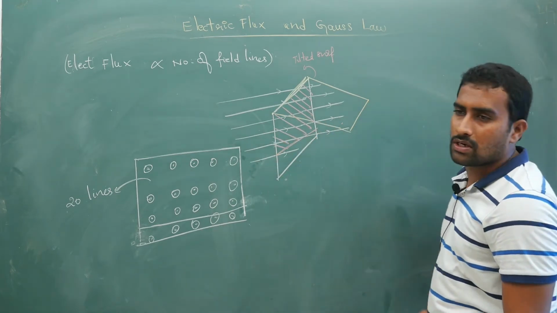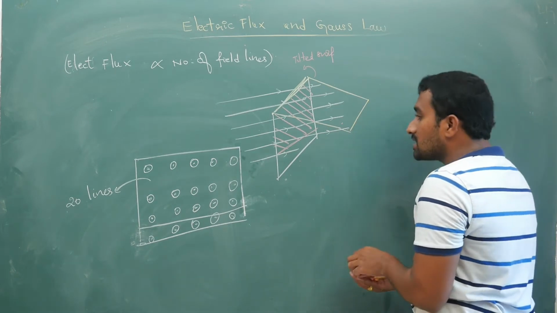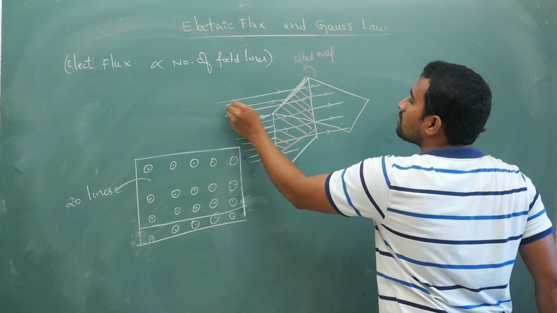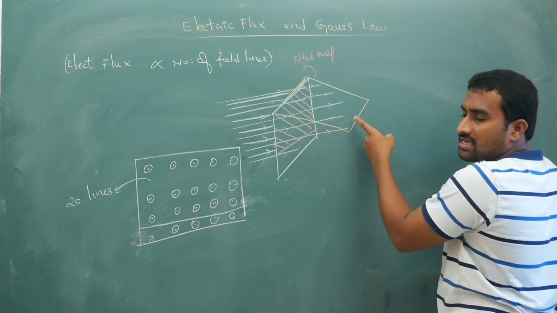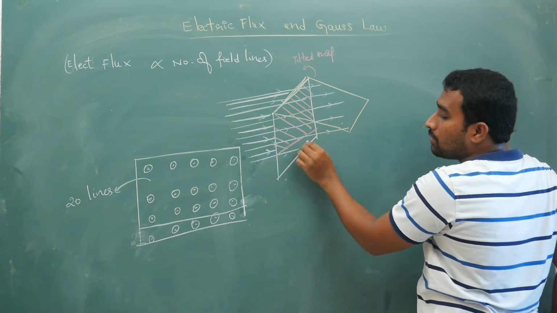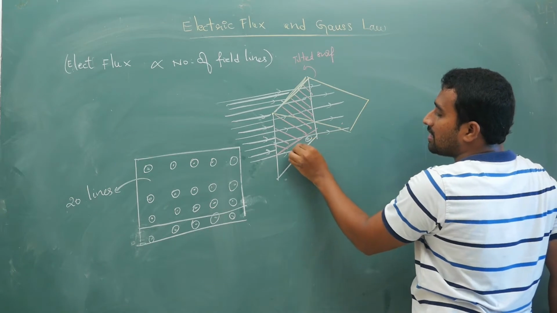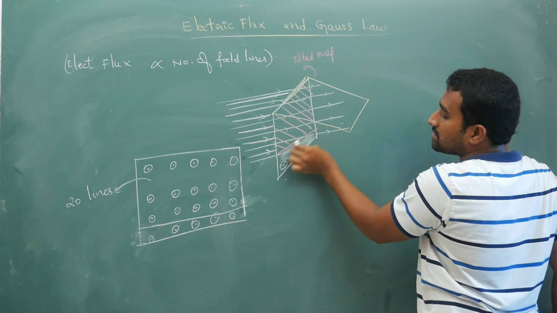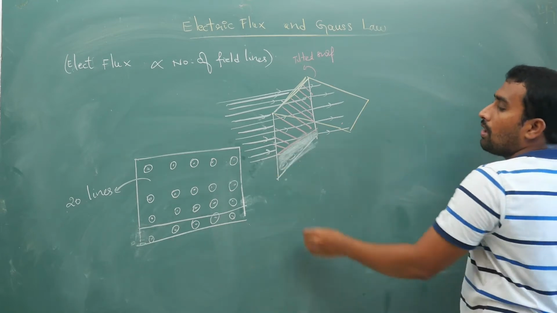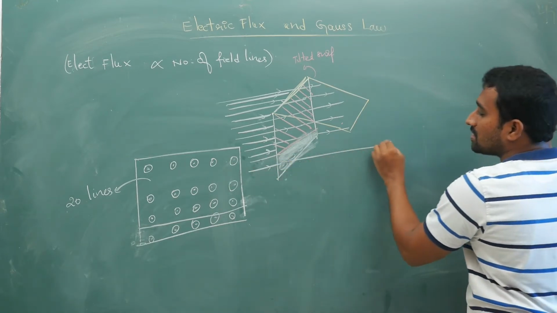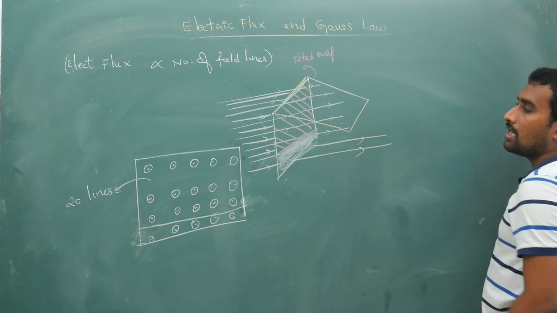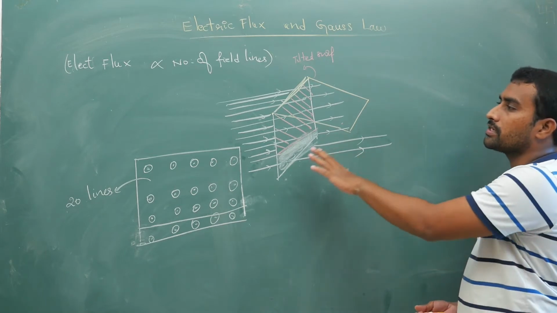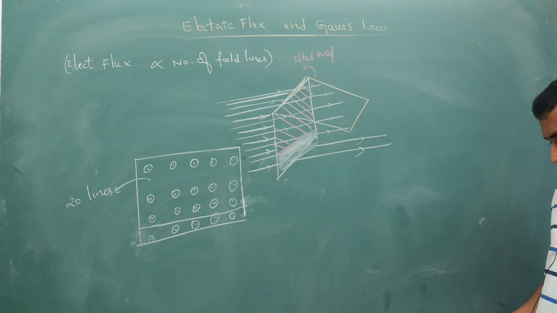Hope you have understood what I have explained. Only the field lines that are going through this pink color portion will go through this tilted surface. The lines that are coming out in the bottom layer, all these lines, this shaded portion, no lines will go. All the lines going through this will go without piercing the yellow color surface. Now from this I am going to define my electric flux.